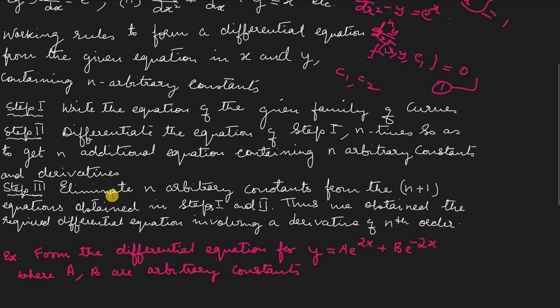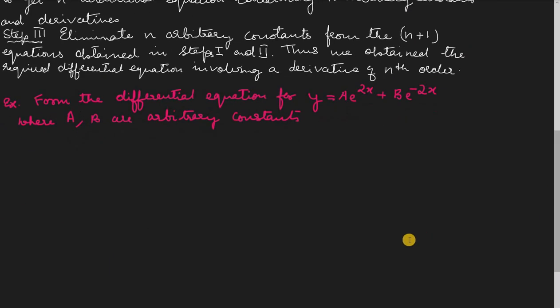Thus, by eliminating all those arbitrary constants from the equations you obtain in steps 1 and 2, you will get the required differential equation involving derivatives of nth order. So for example, here you are given